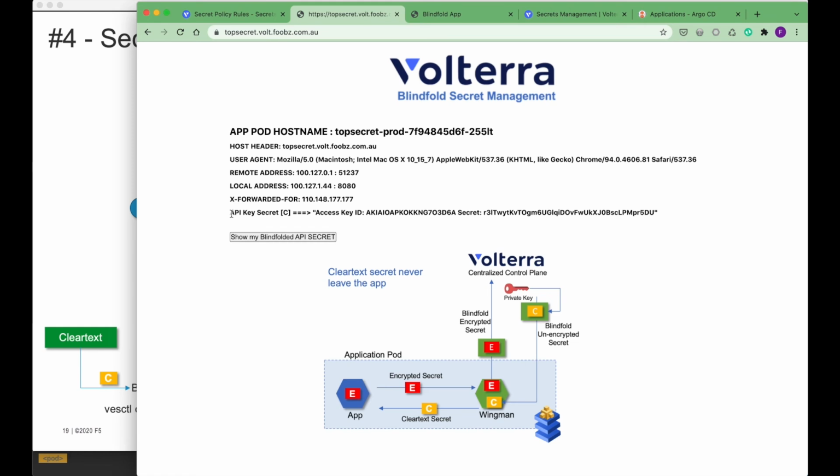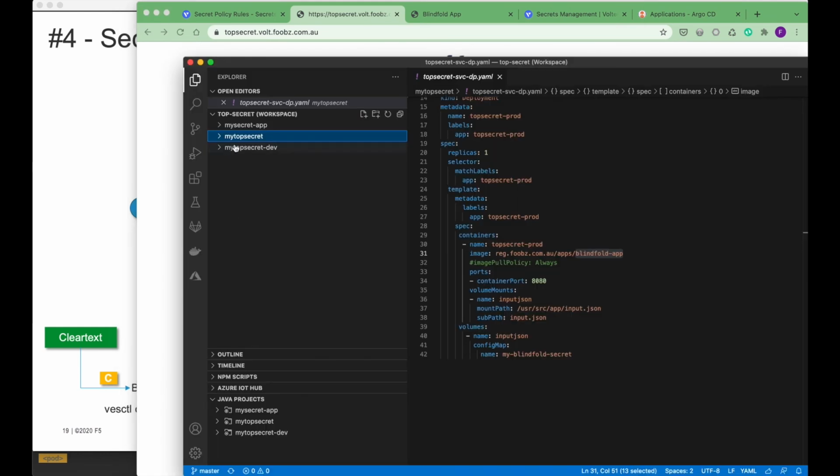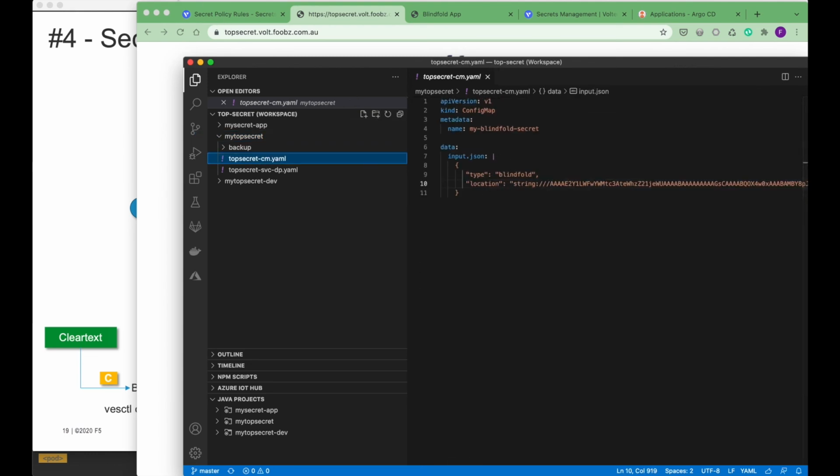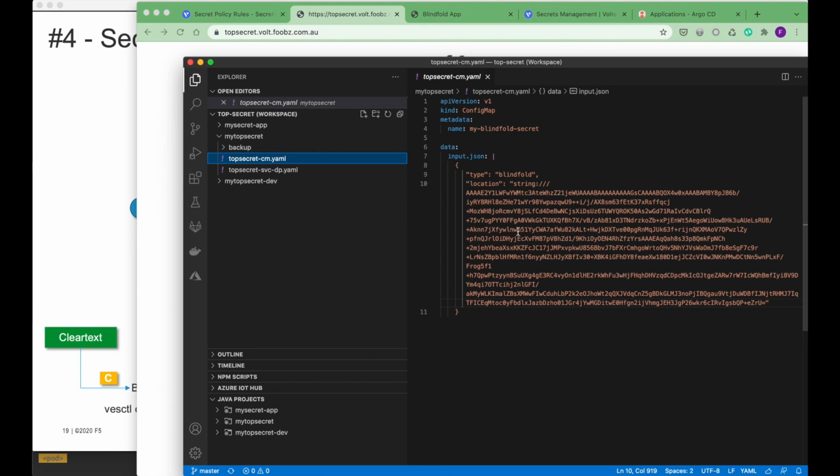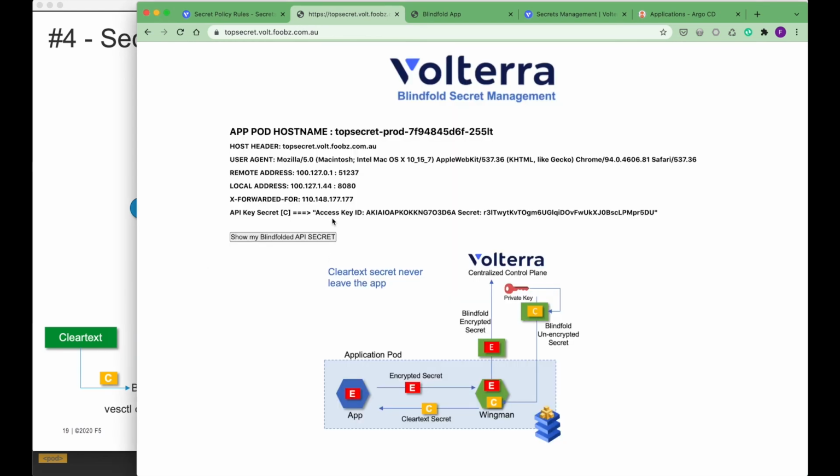this string, the config map. I decided to put it in the config map so that I can change the string anytime I want, rather than hard code it into the program. So from this string, it derived the access key ID as well as the secret key ID. Now with these two pieces of information, I can use my program to talk to the AWS API to retrieve, to do operations